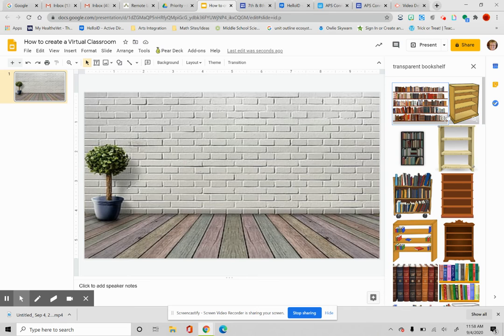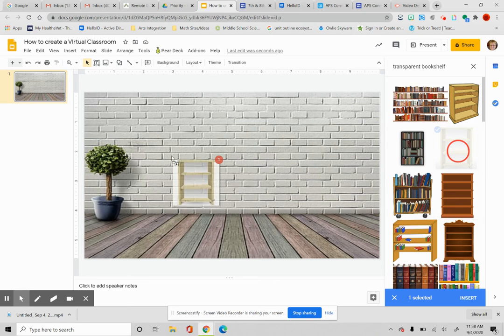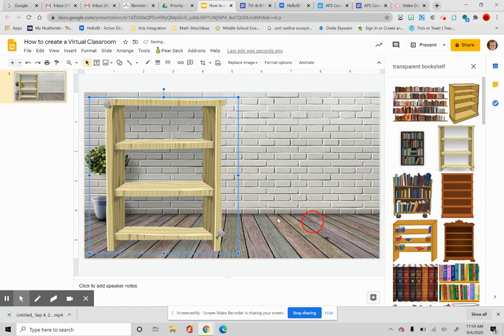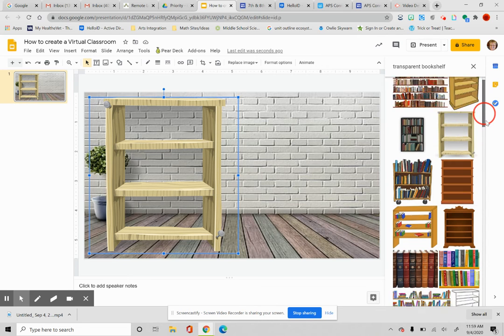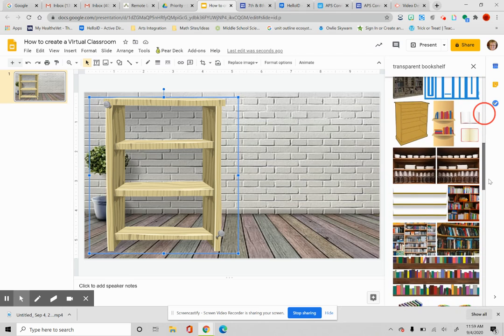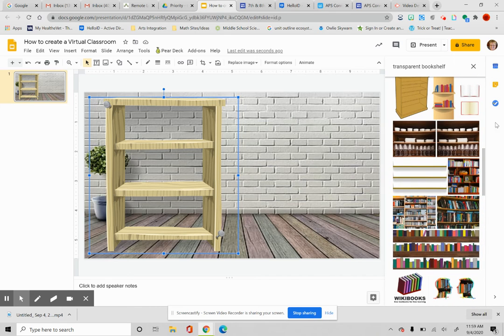And then I have all of these bookshelves to choose from. Now I'm going to select an empty one because I want to be able to add what I want onto that bookshelf, but that is your choice. So I click on it and I can click insert, but I personally like to play around. So I tend to actually just grab the image, drag it over, and then drop, and you'll see that it loads. The reason I do this over that insert is it keeps these up so that I don't have to research, because maybe I decide, ooh, I just really don't like that one and I want a different type. So then I can come through and pick a different one without having to go through the steps of typing